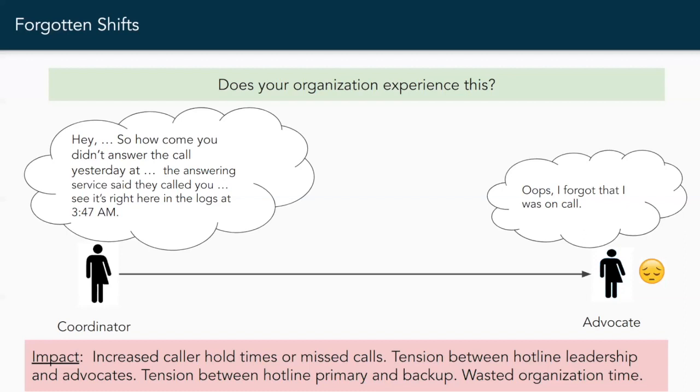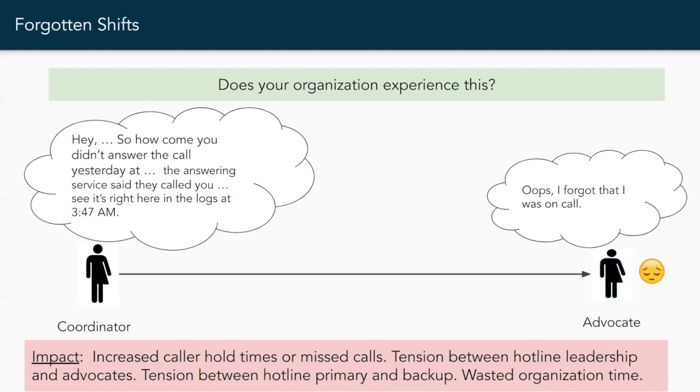A lot of agencies that I've talked with rely on volunteers to answer the hotline, which I think is an absolutely fantastic system for a whole range of reasons. But I think it may lead to having this conversation with some more frequency. For example, I was working with a lot of university students for a while. And then during finals time, everyone kind of ended up forgetting about their shifts or needing extra time to study for their chem test, or just forgot that they were on call.